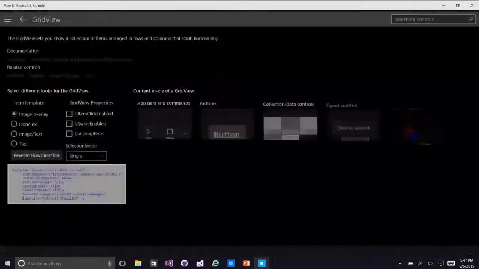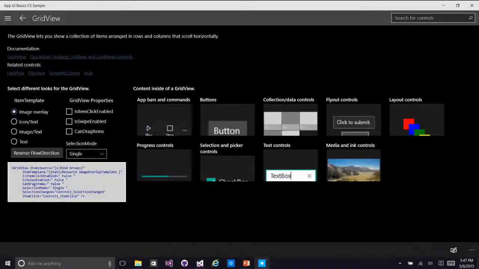Then we have the grid view. So remember I said there's no data grid, but there is a grid view. And in fact, this is a grid view right here on the right that shows all of these items in a grid. That's the way that we work, right? This is sort of the Microsoft style. In fact, we refer to it as the Microsoft Design Language, the MDL, and right now we're at MDL 2,